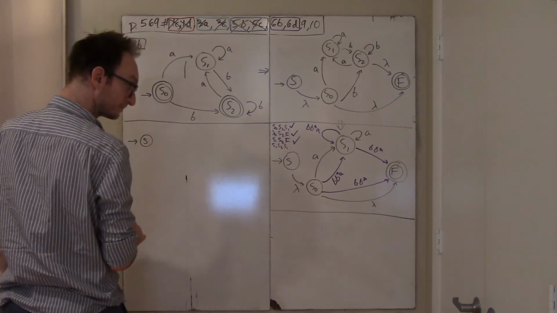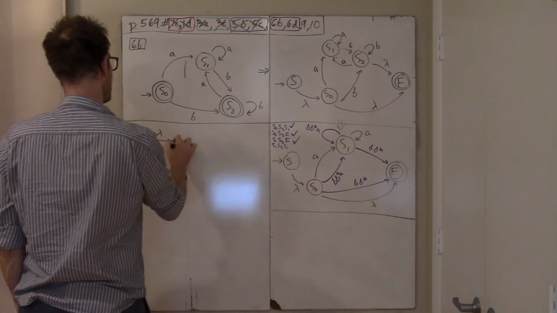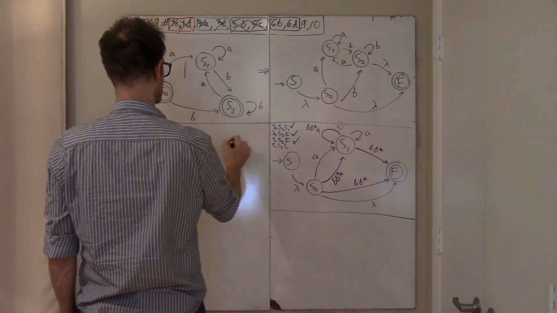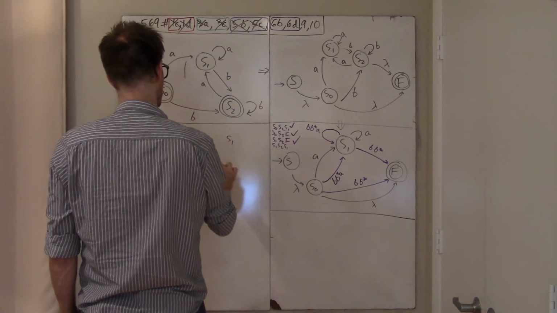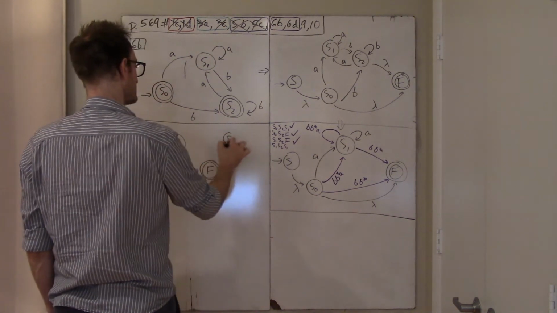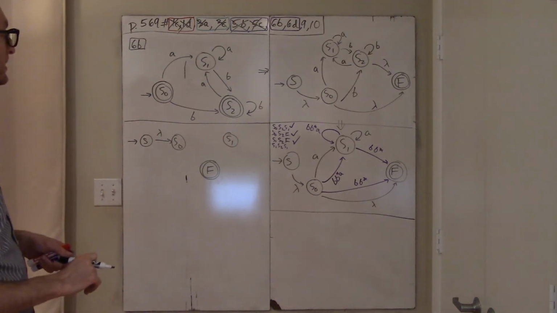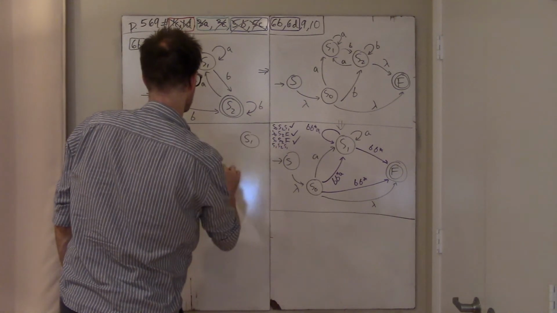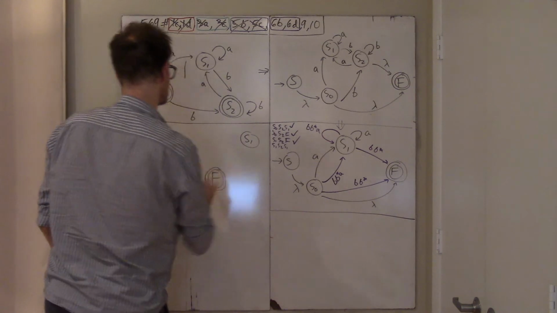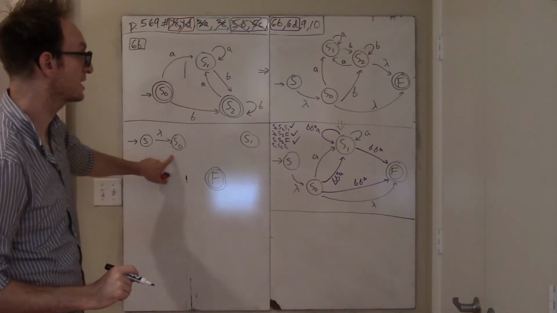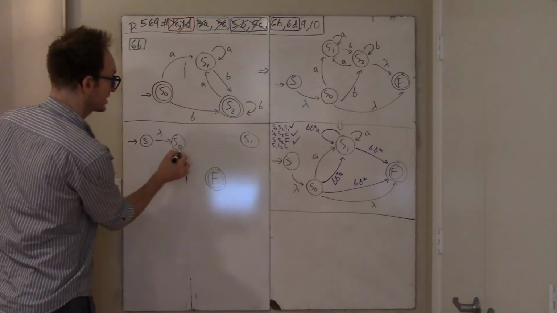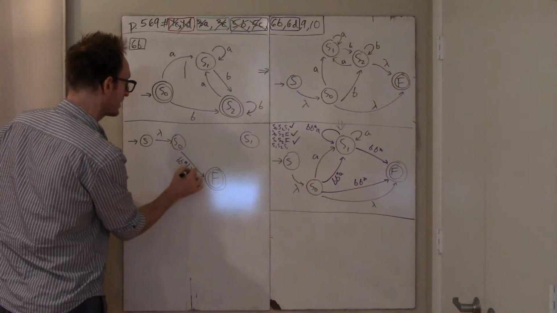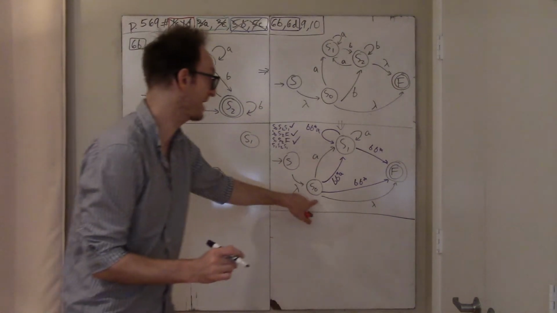Here's S naught. And then I don't know what to do here. I'll just put S1 and F. And hopefully that's enough space. What are the transitions? Maybe it's just not enough space. So here's S1, here's F. What are the transitions? Well, from S naught to F, the transition is now labeled B star, or lambda,